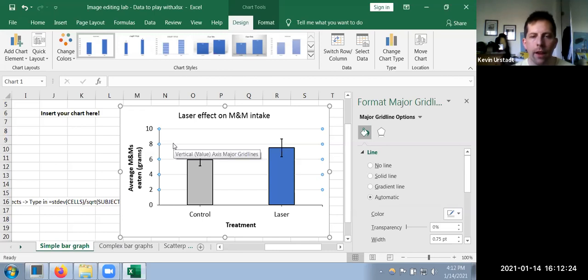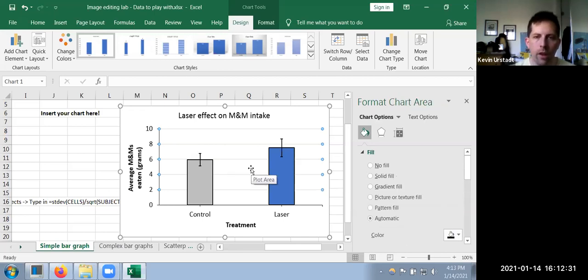vertical value guidelines or grid lines. Some people keep them in. I think that is kind of excess, so we're just going to toss them out so we have a very clean looking graph. Now, I was testing this stuff earlier in order to make sure everything was working out, and